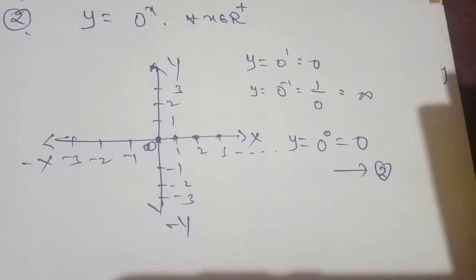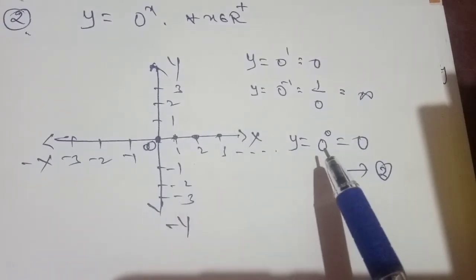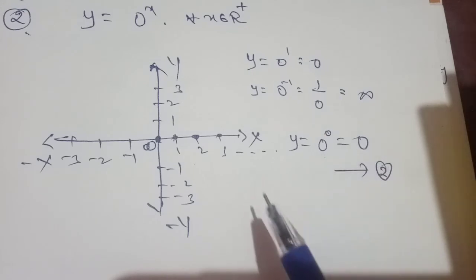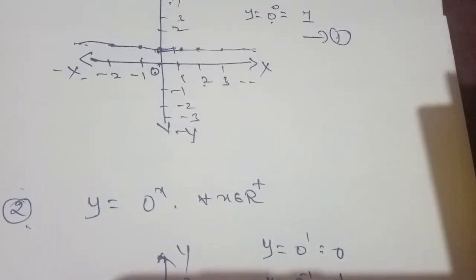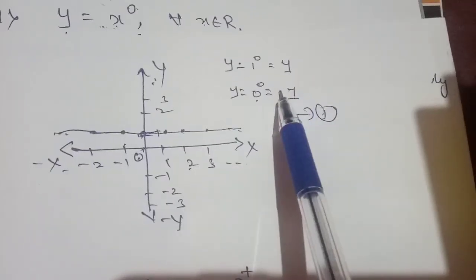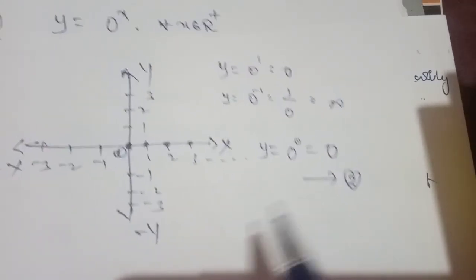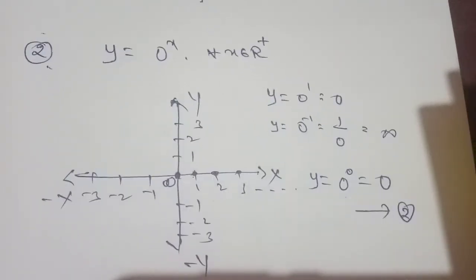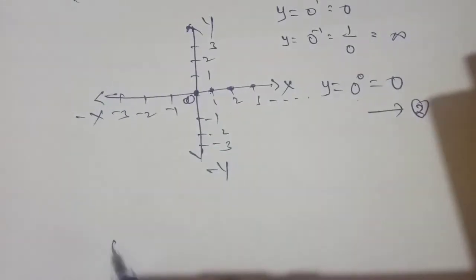Here also, by the induction hypothesis, 0 power 0 gives the value 0. Here there is a dilemma: by using this function I get the value 1, and by using this function I get the answer 0. Here there are two conditions. That's why we cannot tell whether the actual value of 0 power 0 is 0 or 1. That is, the conclusion part is: